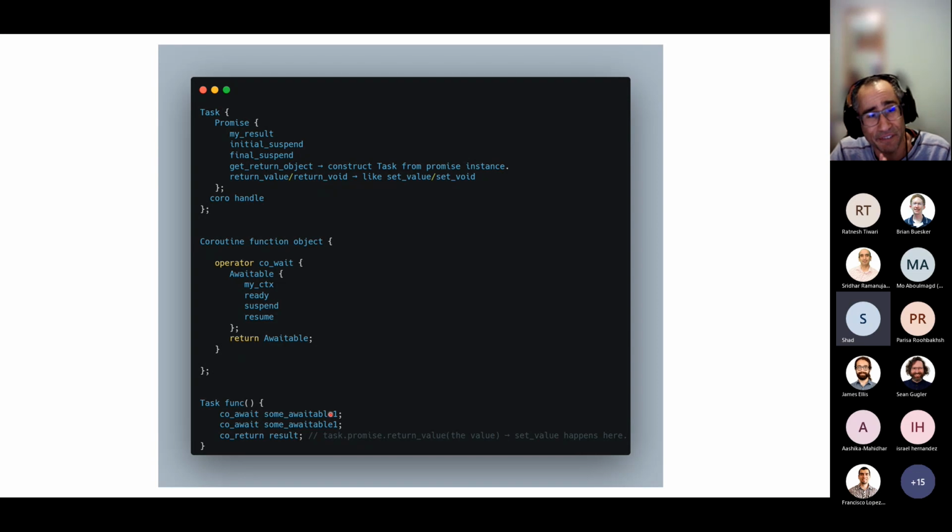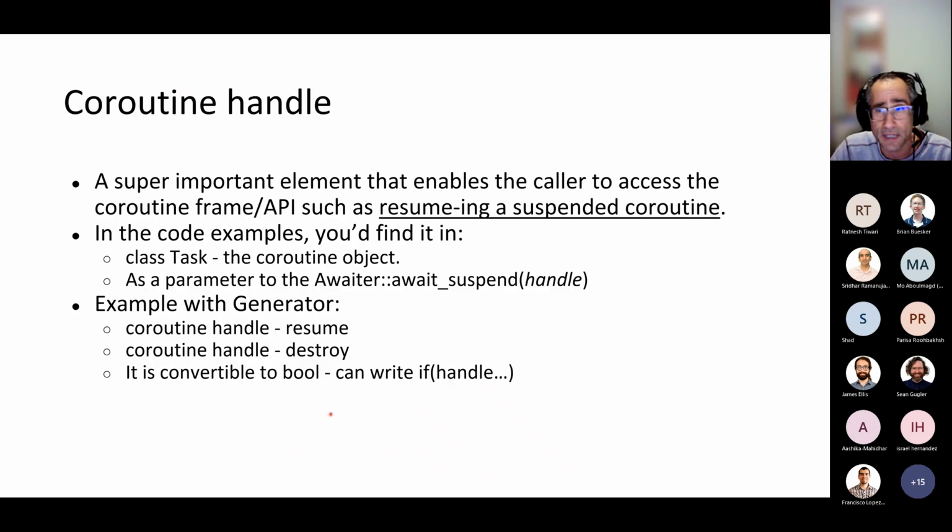There is a very, very good use case for this whole thing, but just wait for that. I'm actually almost done with the text. There's going to be code. I already talked about coroutine handle, a super important element. It enables the caller, or someone that holds it, to control resuming, suspending, and